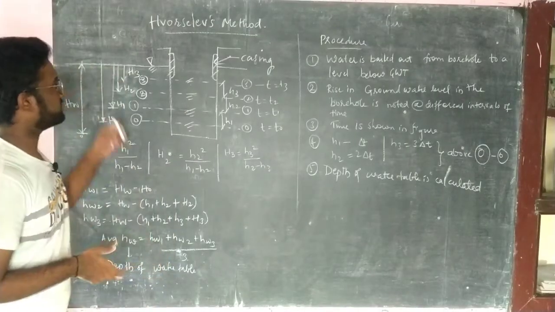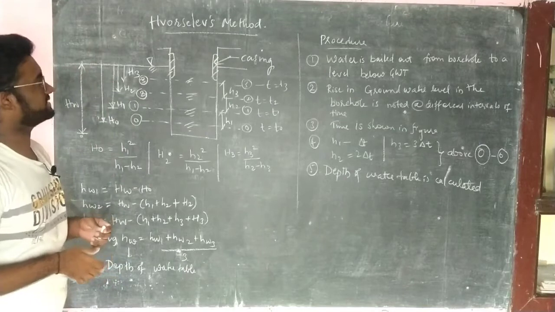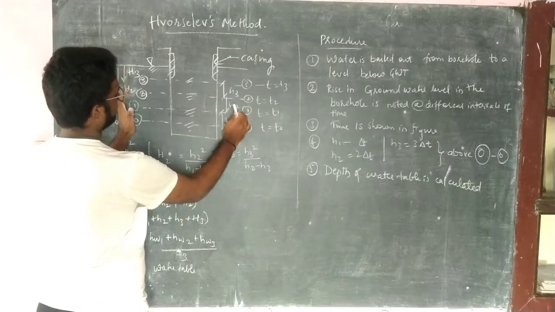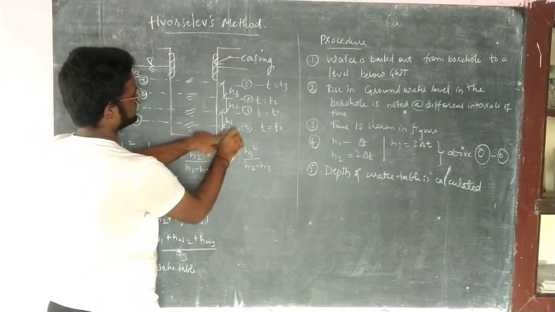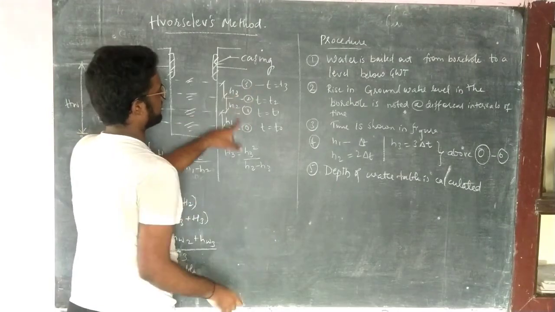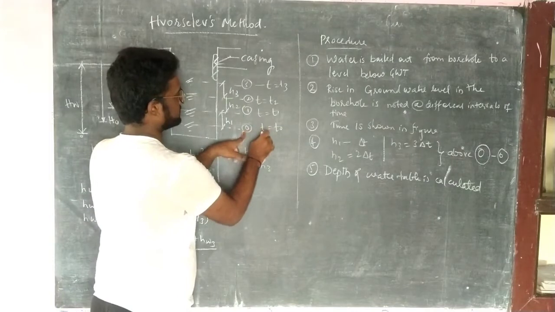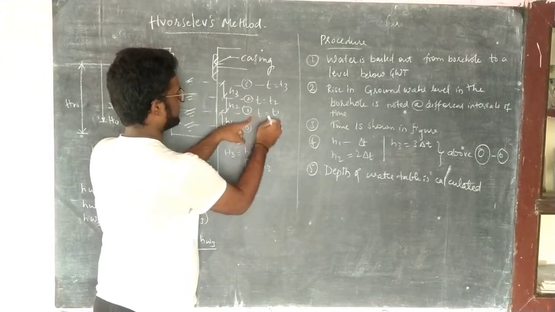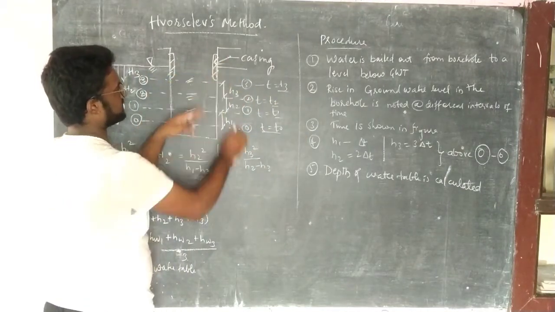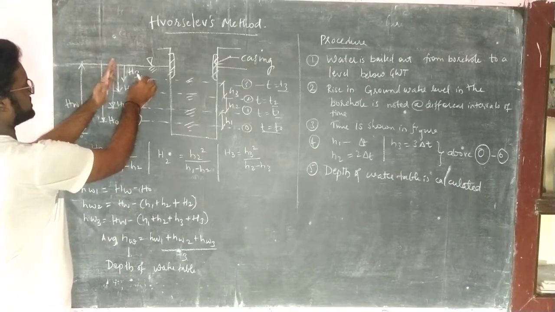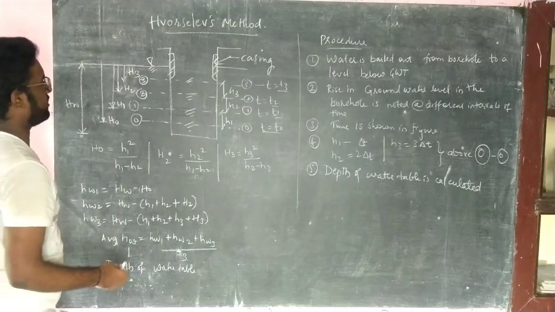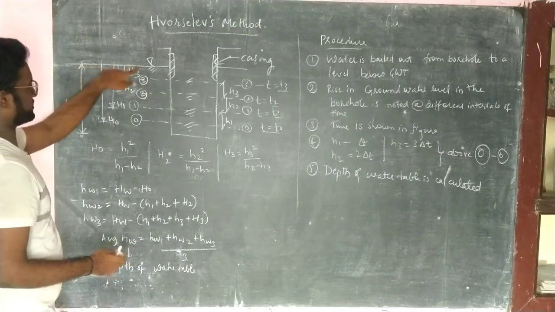Friends, now coming to the last part of this topic, that is Horsley's method. You can see this excavation being made. It is the level 0-0. This is the level 1-1, 2-2 and 3-3. The height of 0 to 1 is h1, height of 1 to 2 is h2, height of 2 to 3 is h3. At this particular point at 0-0, the time is t0. At point 1 it is t1, at 2 it is t2, at 3 it is t3. This is the casing which is located at the surface, and this capital H, H1, H2, H3 is the maximum height of the excavation that is going to be made with respect to this level.